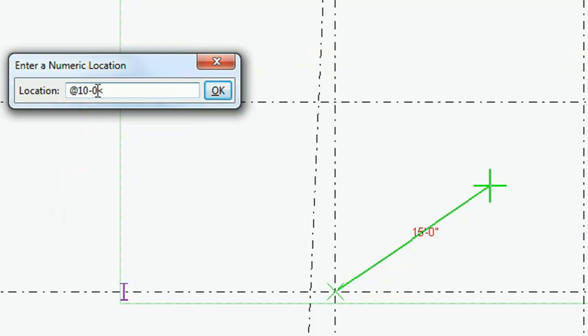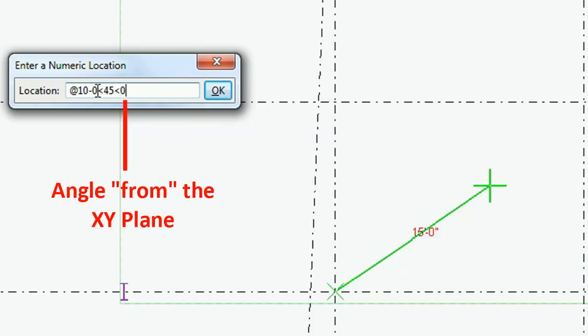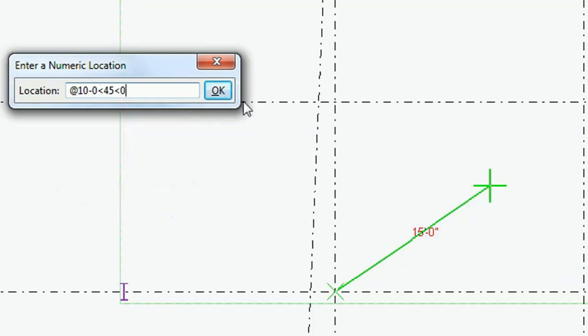And place the less than symbol, and after that I will give the angle on the XY plane. I will give the angle to rotate the beam in XY plane. So I want to rotate it at 45 degrees, and I want to rotate it at XZ at 0 degree angle, and click OK.